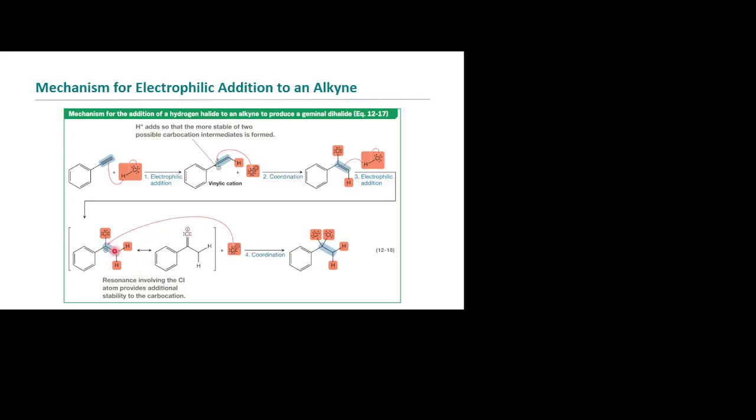And so this is going to have, again, the most stable carbocation right there. That's the resonance structure, by the way, where you donate one of the lone pairs into a double bond from that chloride. It's that same resonance structure you may recognize from the carbonyls with oxygen. Okay. And so that's going to give us then that geminal dihalide. Okay. Does everybody understand what geminal dihalide means? Geminal di-halide. And so if it's chloride, you do dichloride, dibromide.